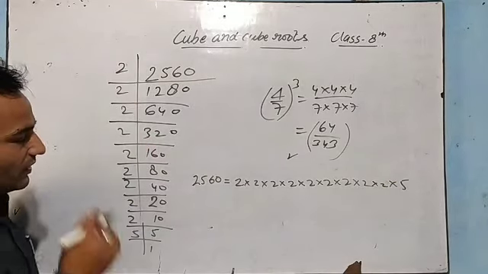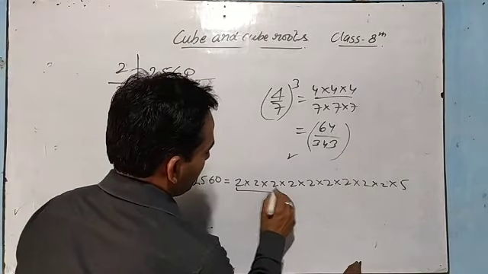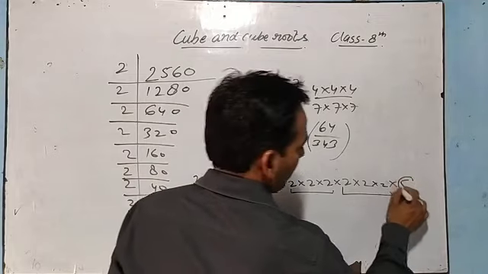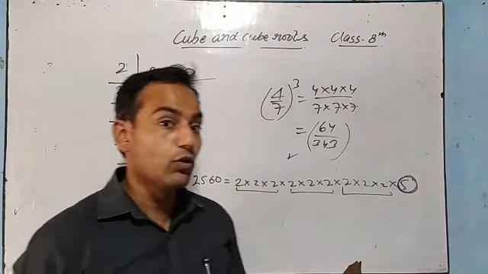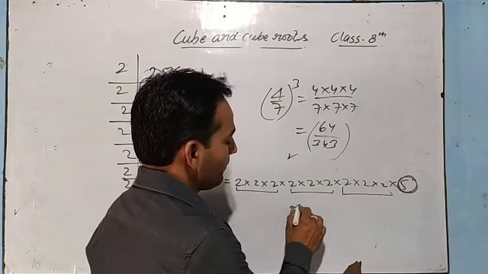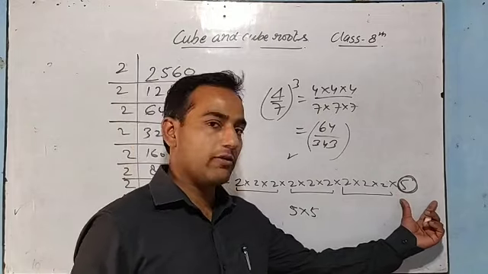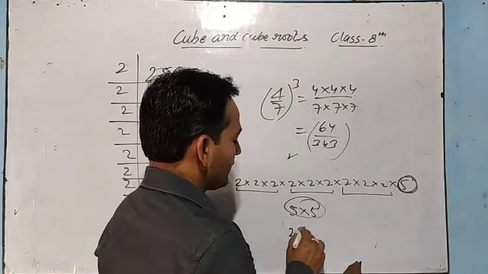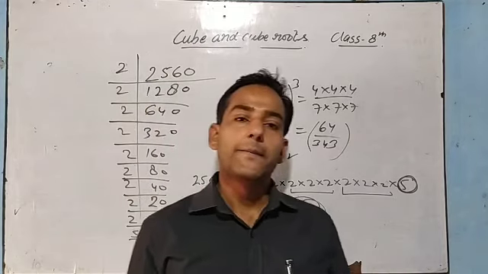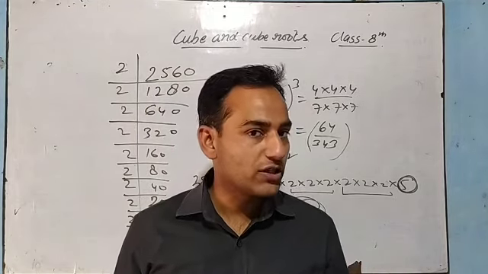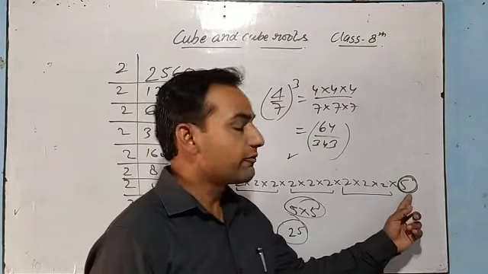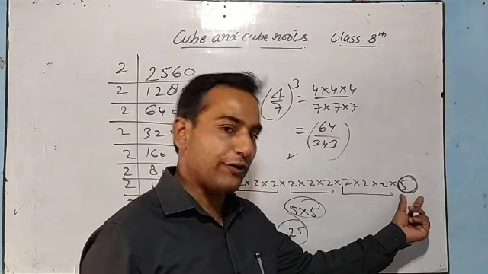Now listen. As we can see, we have a triplet of 2, once again a triplet of 2, once again a triplet of 2. 5 is remaining. 2 more 5s are required to make it a perfect cube. 2 more 5s means if we multiply this number by 5 into 5, so a triplet of 5 will be there. So 5 5s are 25 is the number by which we should multiply this 2560 to make it a perfect cube. The question could have been by which number should we divide the given number. So for division, we have to divide it by 5 to make it a perfect cube.